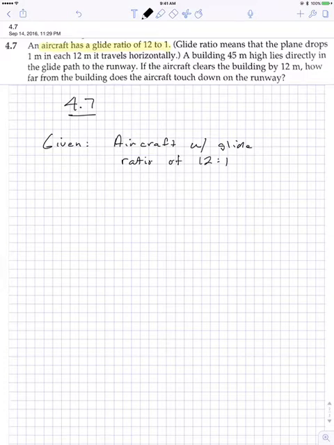Okay, and then we know that we have a building that's 45 meters high, and it's right below the glide path. So if the airplane clears the building by 12 meters, which seems shockingly low to me, but we'll just go with that. The plane clears the building by 12 meters. And what we're trying to find is